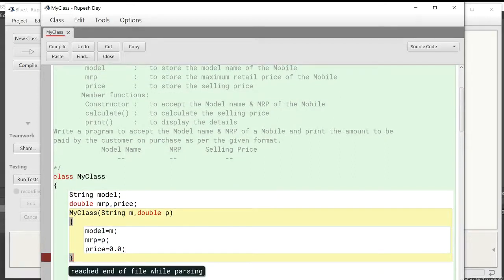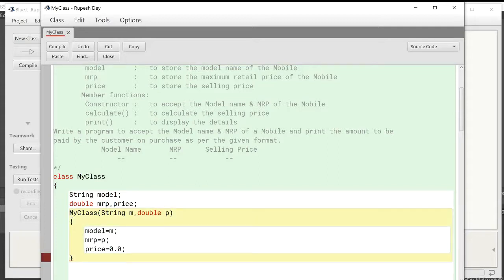Now before this constructor we can write public. So if you make the constructor public, that means from anywhere we can create object of this class. But if we don't write public, like here I have not used public keyword, that means only the friend classes of my class, those are present in the same package where my class is created, can create the object of this class to use the functionality of this class.